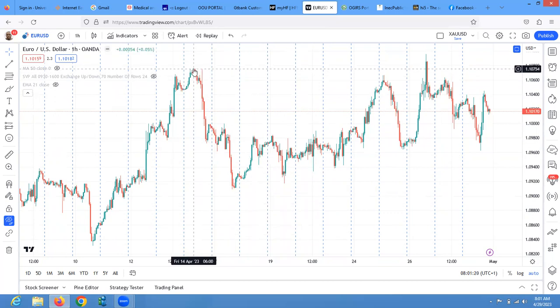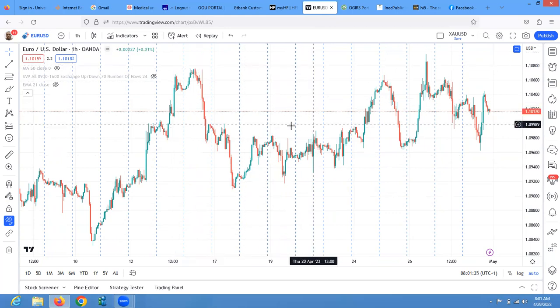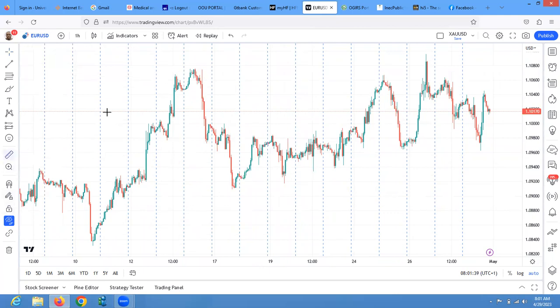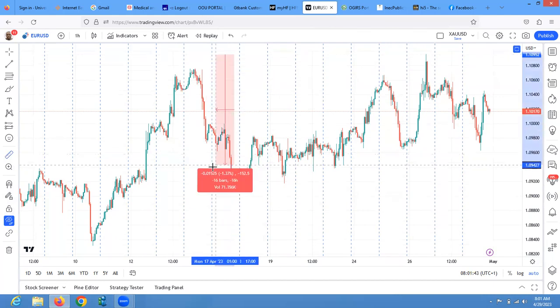This correction, right from April 14 till date, that's 2 weeks really. Yeah, about 2 weeks. Price has been choppy for 2 weeks, not really moving more than how many pips now? Let me see. Price has not done more than from the high here down to this low here,